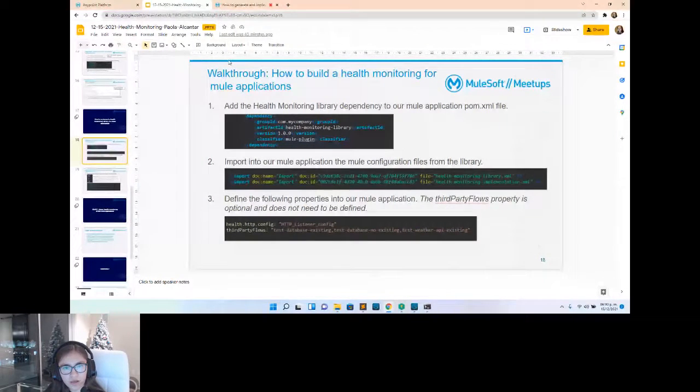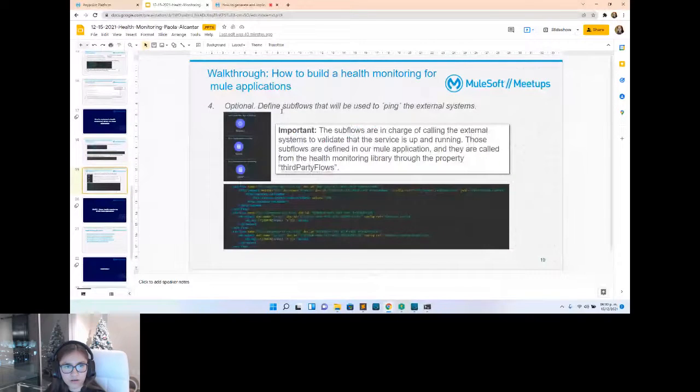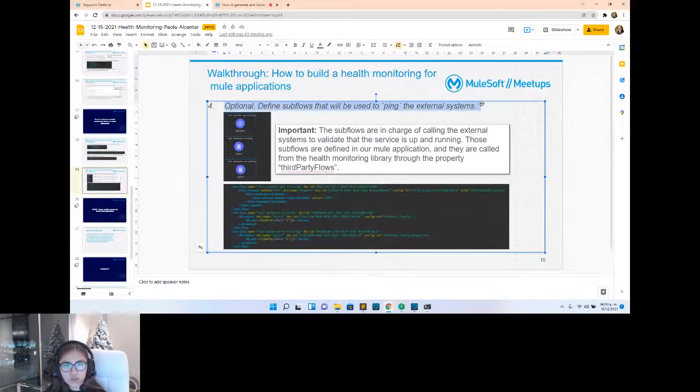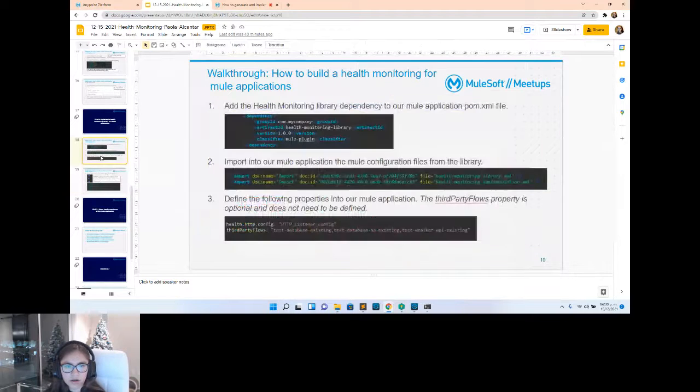Here, there are some steps that are optional, but I marked them as optional. For example, this number 4. This is if you have an external system that you want to check. But again, I am going to show you later on how to do it. First of all, let's go back to